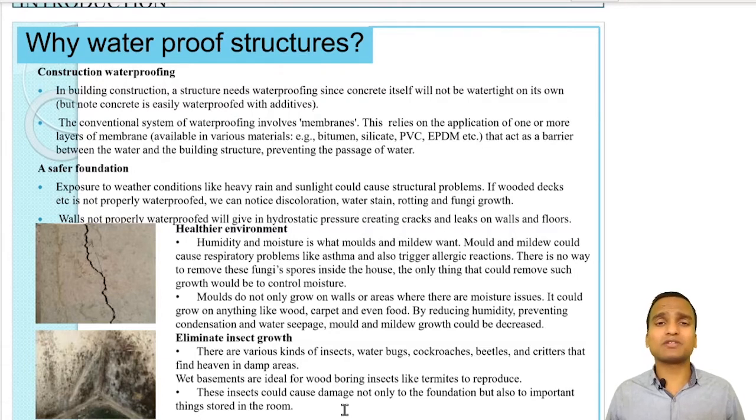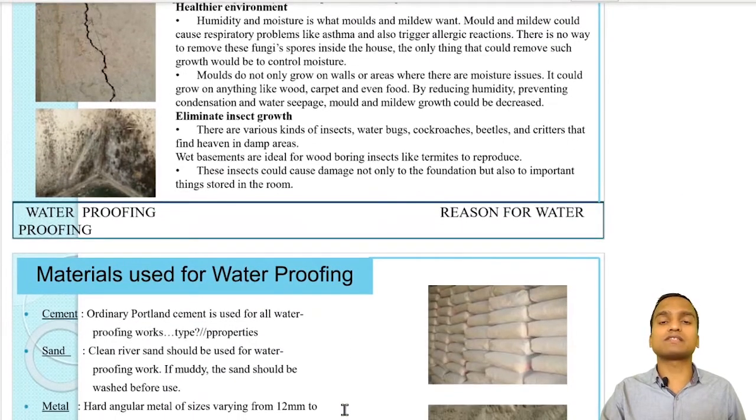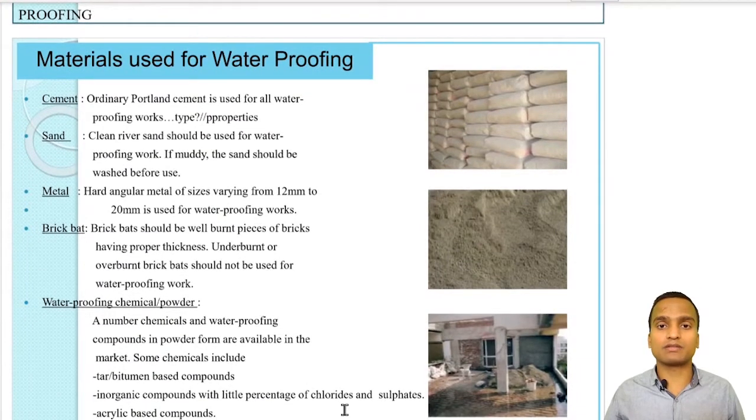So in spite of killing those insects or rodents every season and getting our things destroyed, we should rather go for the permanent solution, and that is the waterproofing. Okay, so these are the importance of waterproofing behind the development of lifespan of a structure. So there are different materials that we use in the waterproofing treatments.